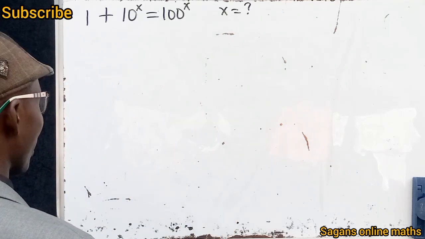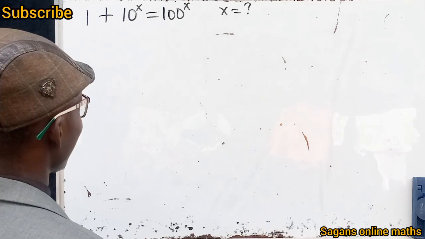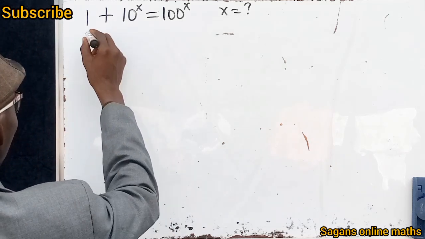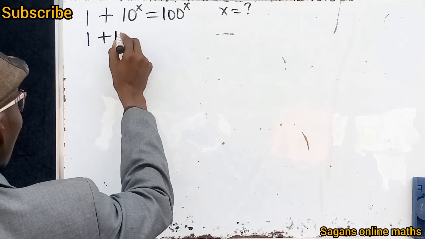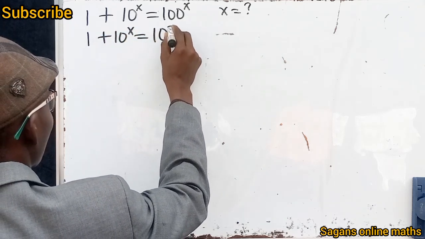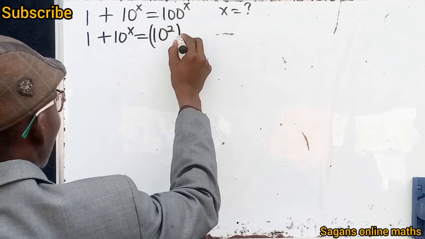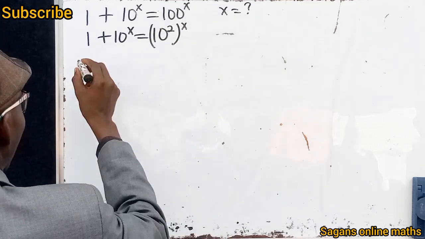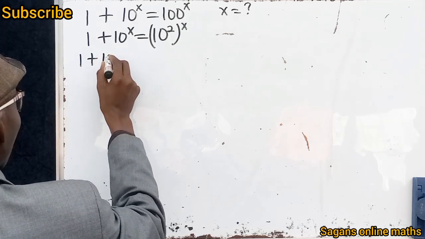Let's concentrate on our right hand side, which is 100 raised to the power of x. Let's put 100 in index form, okay? So this is 1 plus 10 raised to the power of x equals, remember that 10 raised to the power of 2 is 100, all raised to the power x, because the exponent here is x. Okay, and we know that this is 1 plus 10 raised to the power x equals,